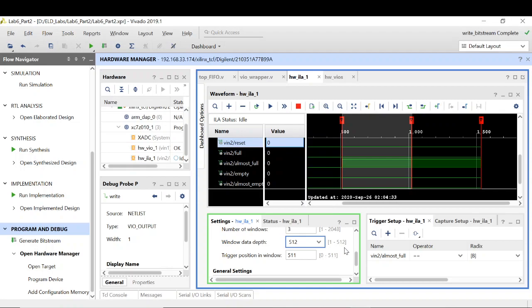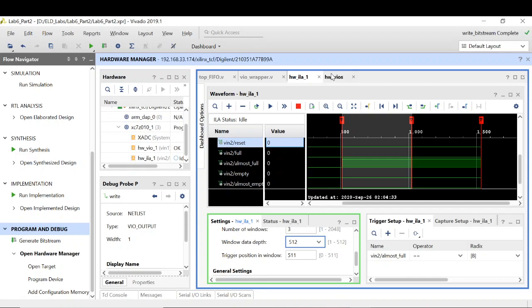So we learned about two different things: one is the data depth, the second is the number of windows. In the ILA, earlier I was simply using one window. So whenever the trigger used to happen, I used to get the different signals at that particular time instant. Now I need to check some samples before that and some samples after that. So how can I do that? I can select a different number of windows for that, and I can select a different data depth. Using this data depth and window, I can check those values as well, right?